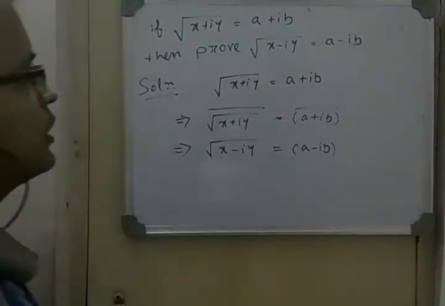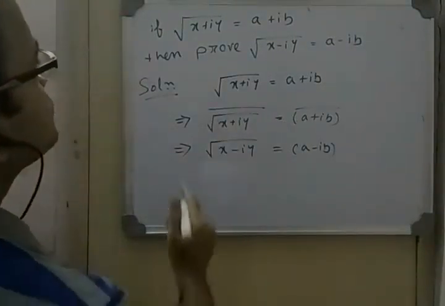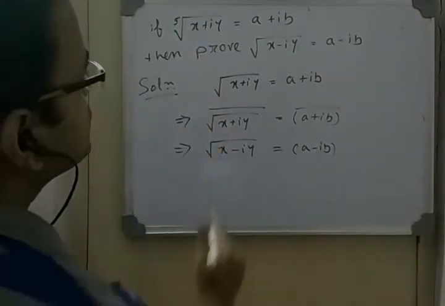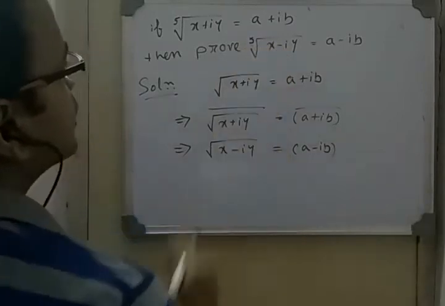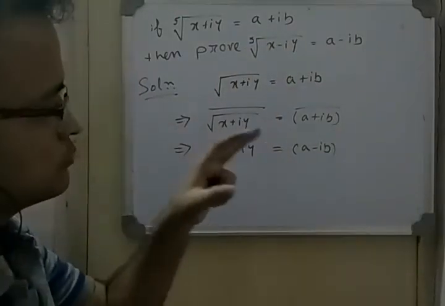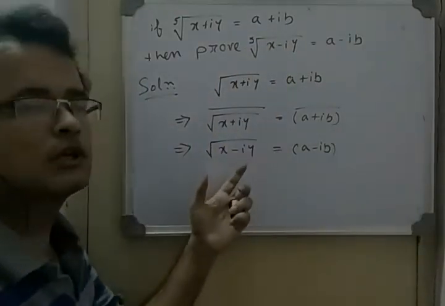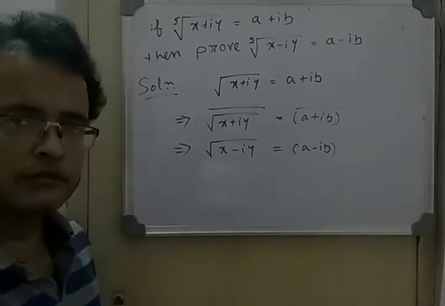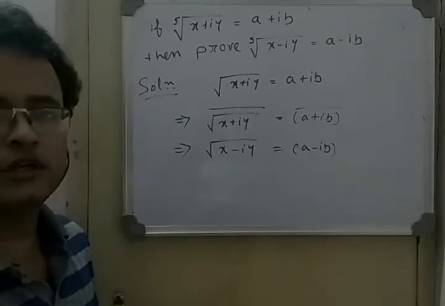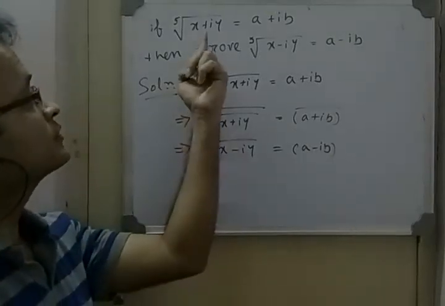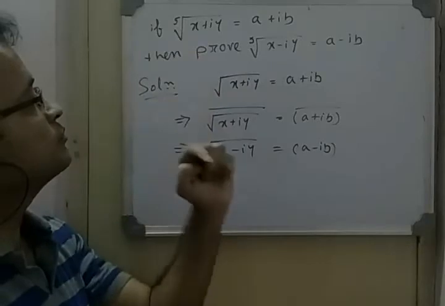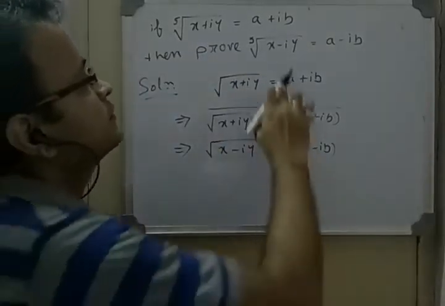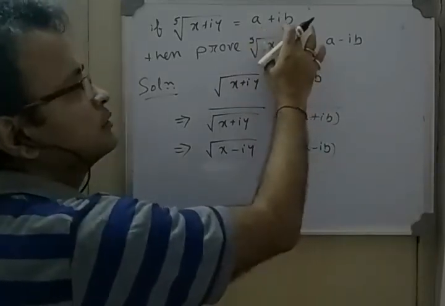In MCQ you can follow this approach, because they can give the fifth root of this. In a general way, what we used earlier, as it was a simple root, was to square both sides, then equate real and imaginary parts. But where it is given, suppose, the fifth root, you have to take the whole to the power 5 on both sides, and see the pain when you break it.